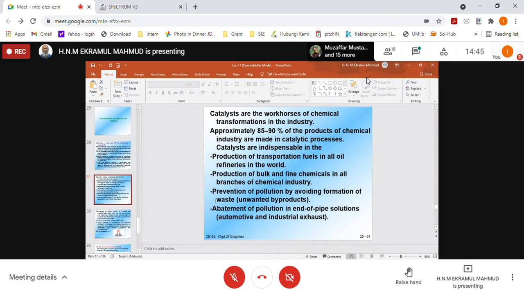As I discussed before, that is bulk production and the fine chemicals. Bulk chemicals mean a lot of use of that particular chemical, as for example sulfuric acid, nitric acid, we need a lot. But fine chemicals are the chemicals of restricted use. We have little use, so we do not need a lot of this. If this type of chemicals are there, we call them fine chemicals. Based on our use, we do not need a lot in our everyday life. If we have a special type of thing, these are the chemicals named as